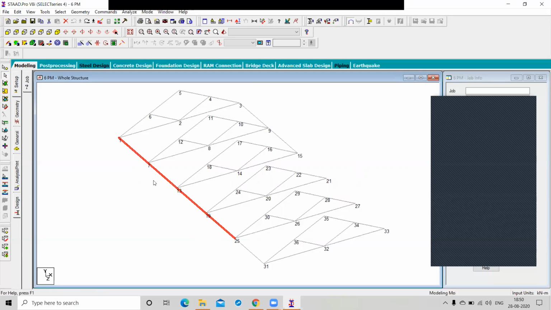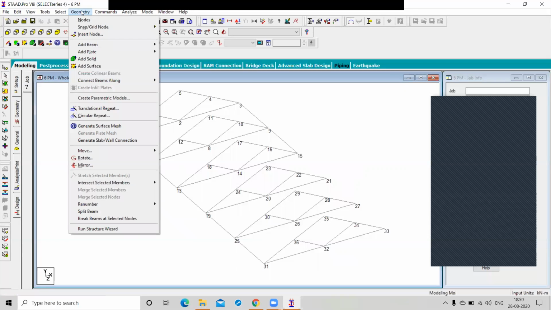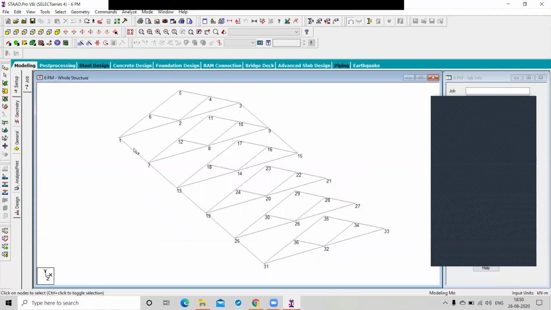If you want to break this beam at node number 7, you have to select node number 7. Or maybe select node numbers 13 and 19 as well, if you want to break at those nodes.